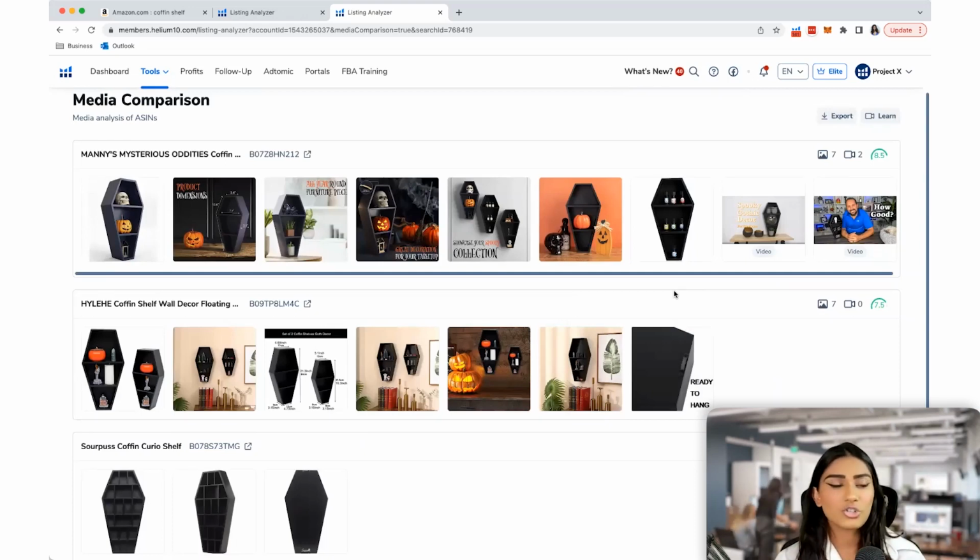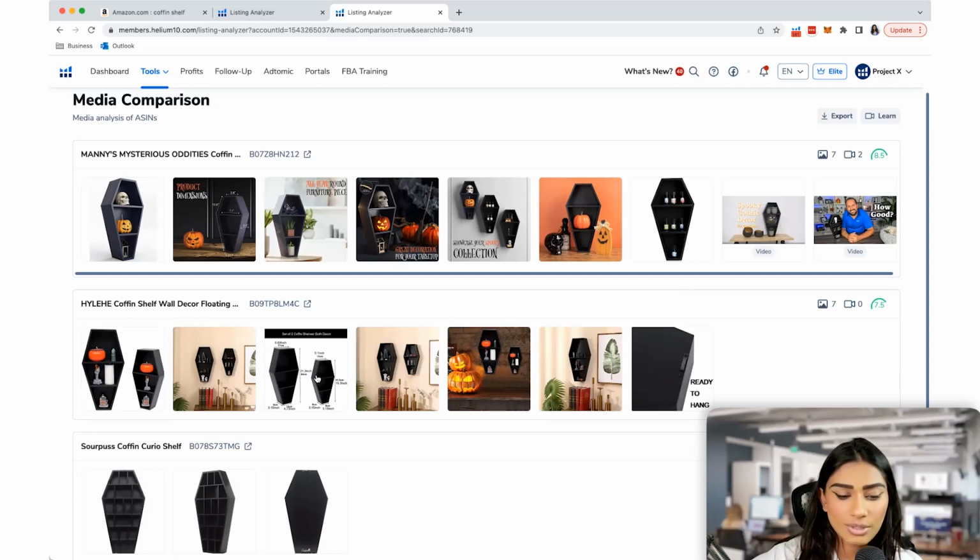Before, we used to encourage people to go and manually find all of these listings that are directly relevant to your product, and then take all the graphics and actually showcase them to your product photography artist or your graphic designer for infographics, whatever the case may be. But here, you can just select media comparison and it will showcase all the graphics right next to each other, meaning you can now identify similar patterns.